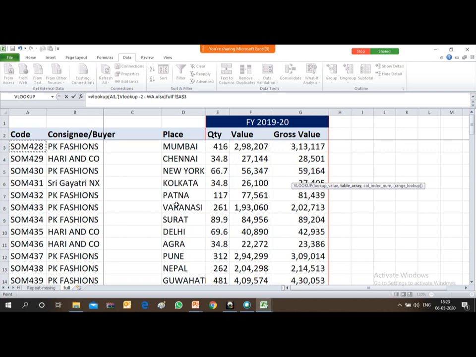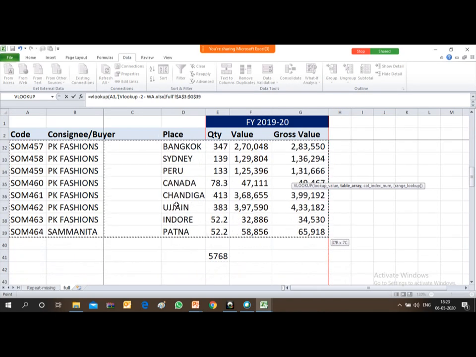So friends, select the entire area, select the entire data. The last column number is 7. Prior to that, column number is 6. Prior to that, column number is 5. So the continuous column numbers you have to keep in mind. From 5 you have to derive the quantity. From column number 6 you have to derive value. From column number 7 you have to derive gross value.